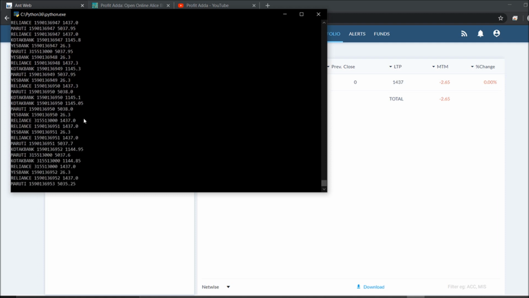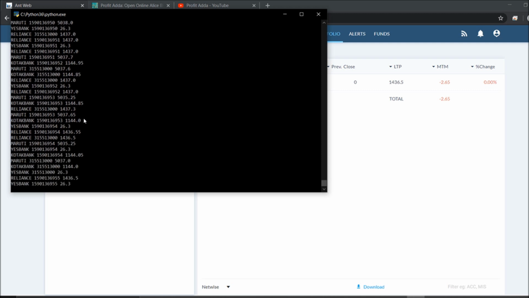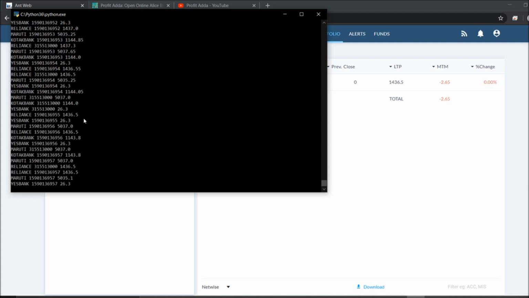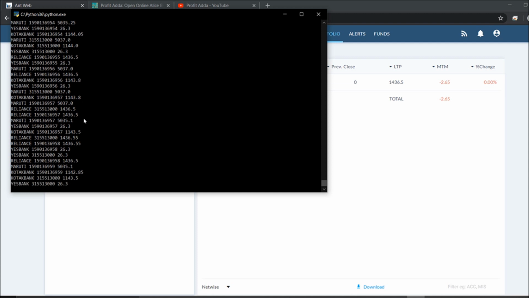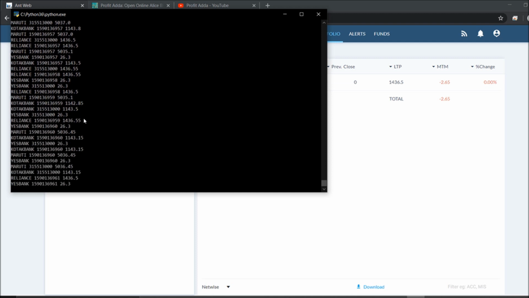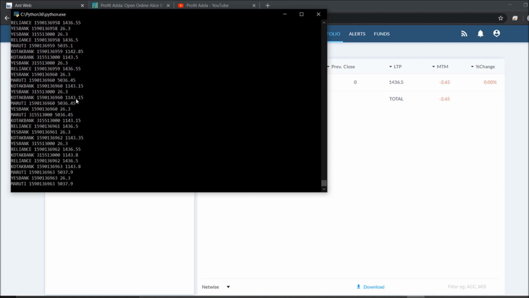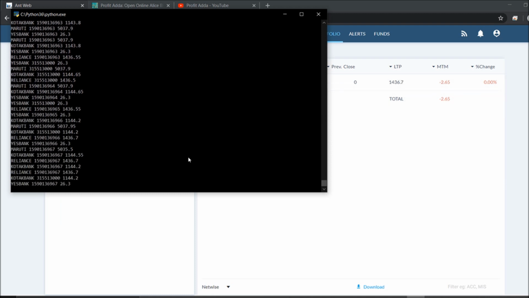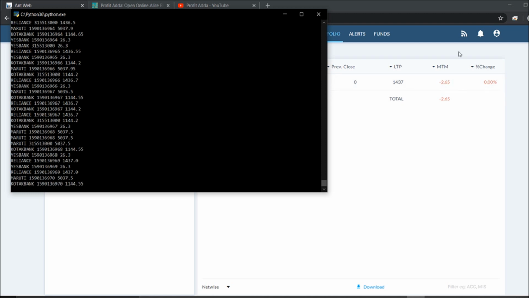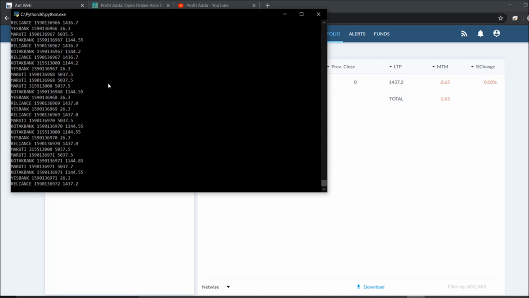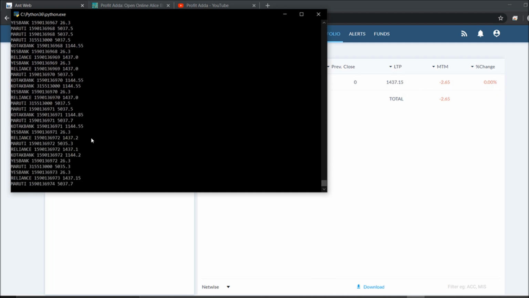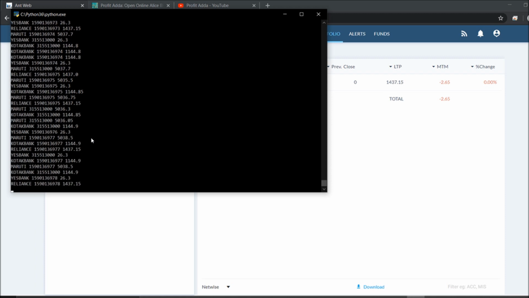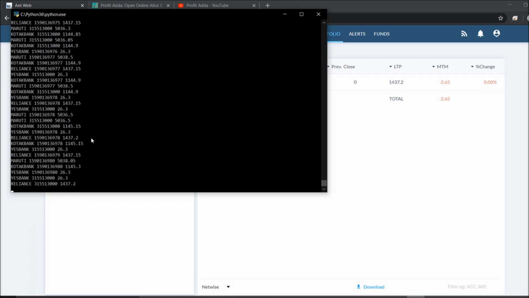If you are placing a limit order, you can also call this last price. If you call the last price, it will immediately place the order. As you can see, the LTP going on right now is 1436.55, and the same we can expect from this LTP itself. Everything we are getting is stored, and we are fetching and utilizing it. Please follow this step, and I'm going to do more videos on this.